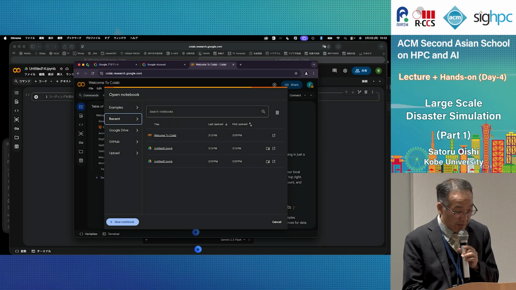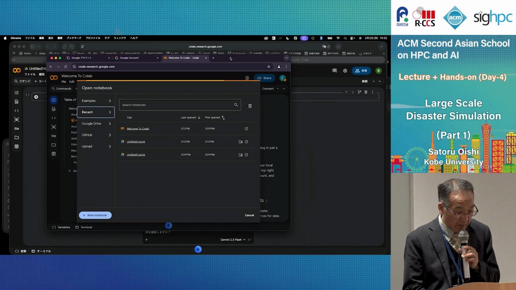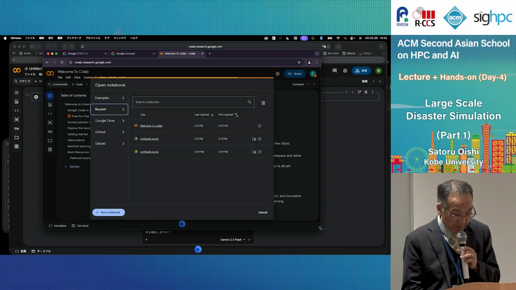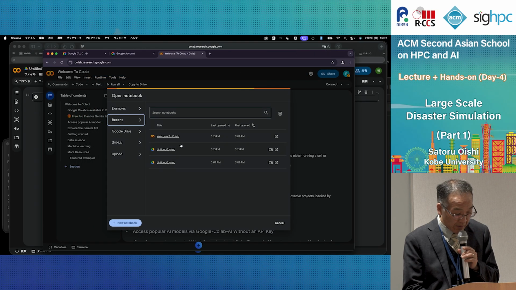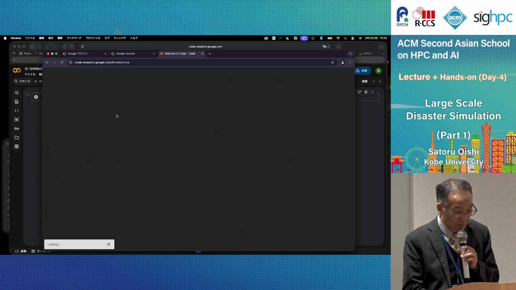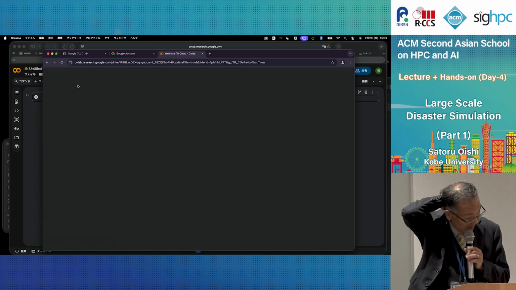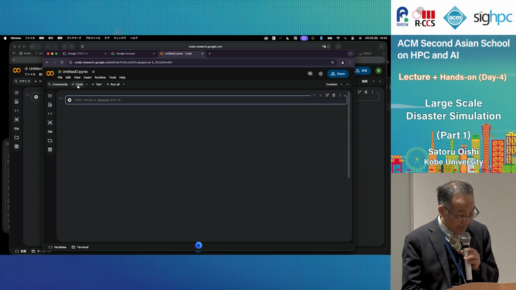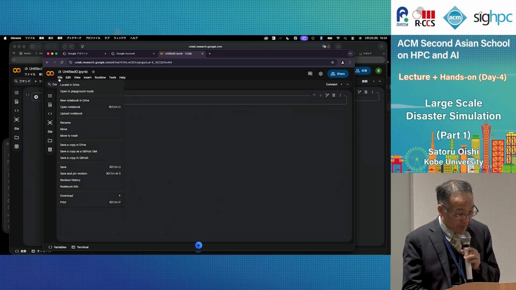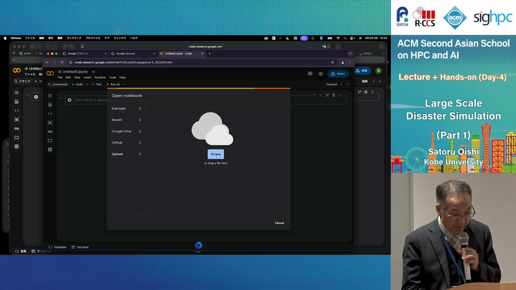So this is the first image when you use Google Colab, and then maybe you want to make a new notebook, and you will select file and upload notebook, and